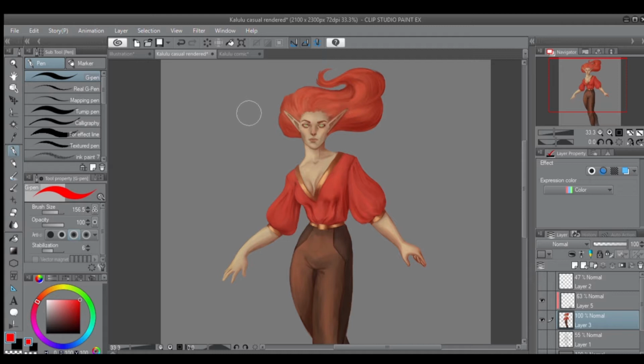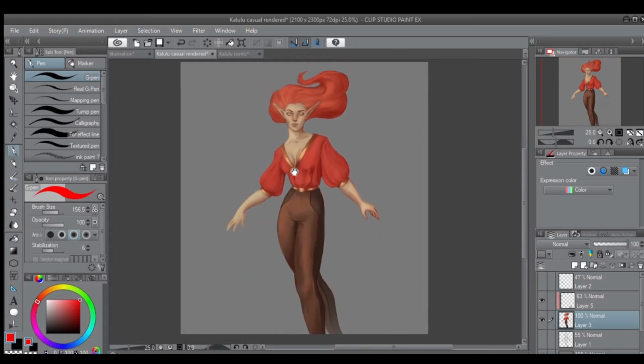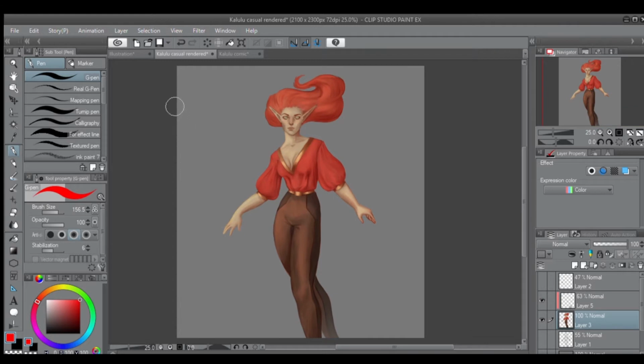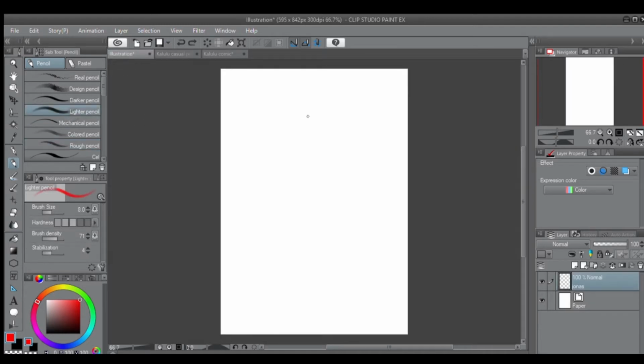I haven't played too much around with it, but this is basically most of the things I know, and this is what you basically need to get started. I can give some tips on how I tend to draw. I tend to use a black brush with a lighter pencil to block in the shape. Then sometimes I like to put it on multiply. And then underneath I make a new layer where I block in the colors with dense watercolor,